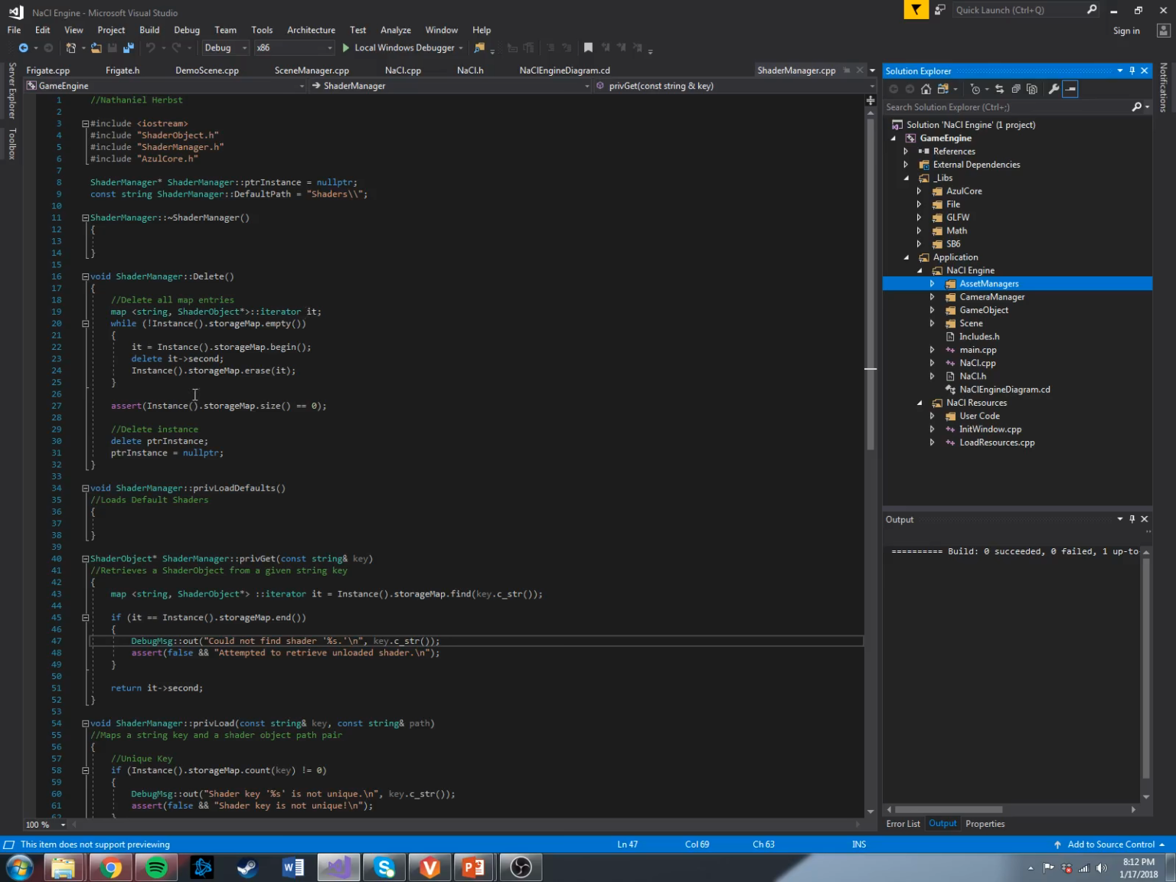I also didn't mention in my last video, but I did go through and trace through these deletes for the managers to make sure that they were in fact emptying, and I do have an assert here that just verifies that it is working correctly. So if the size is 0, and here each pointer, each created object, each shader object, model, whatever it is